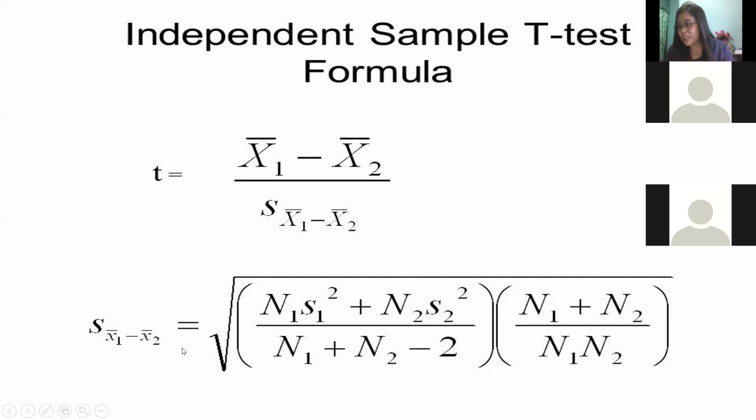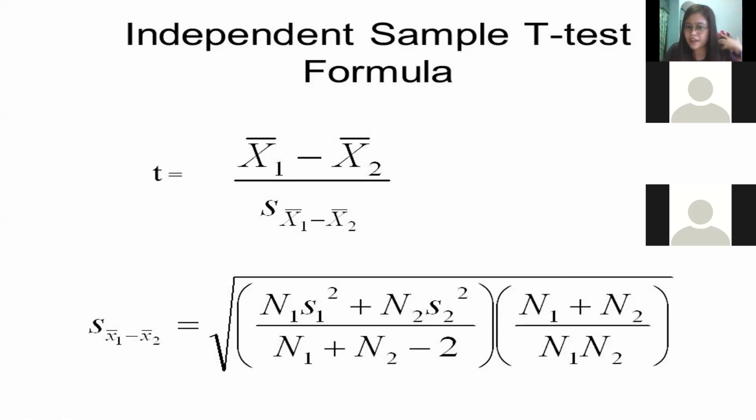Kasi especially that t-test is used for below 30 na sample. So, dili po siya kaayo daghan. Pero actually, daghan na ang 30 kung imano-mano nimo siya compute. Kaya lang sa statistics, if you do the manual computation, you just have to have patience. Okay? So, to compute the s sub x1 minus x2, we use this formula, the square root of the n1s1 squared plus